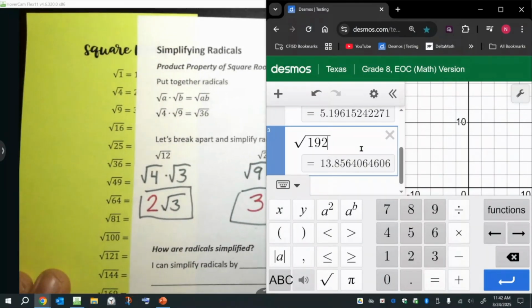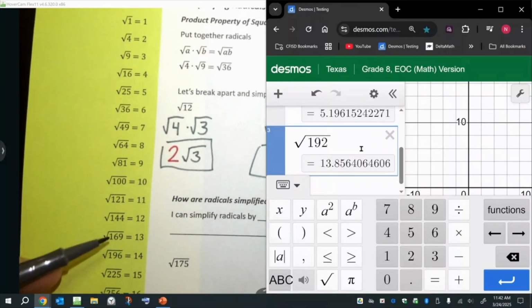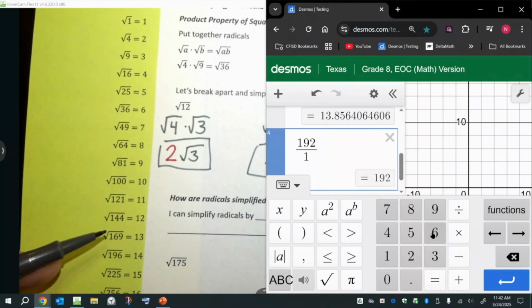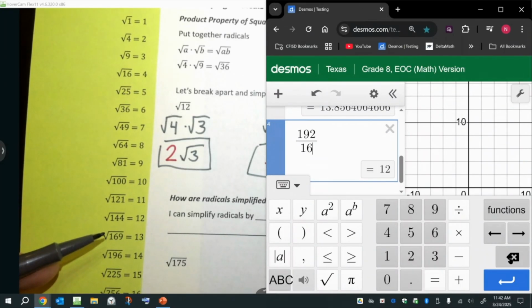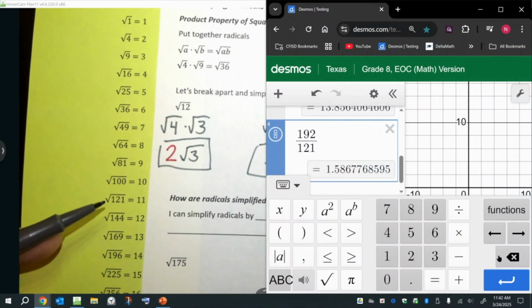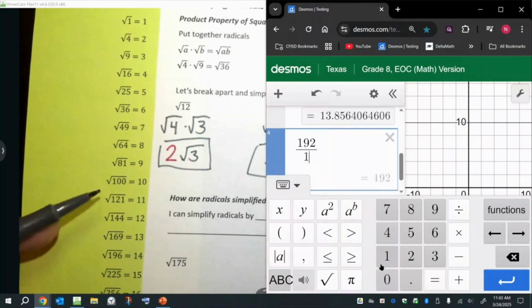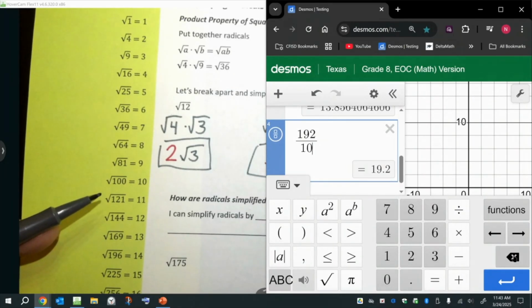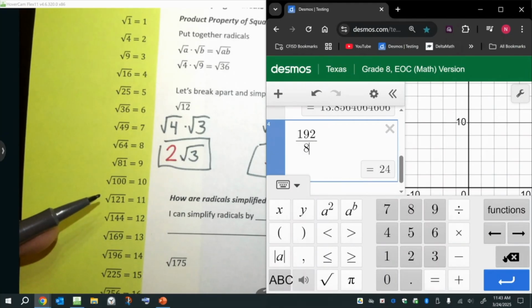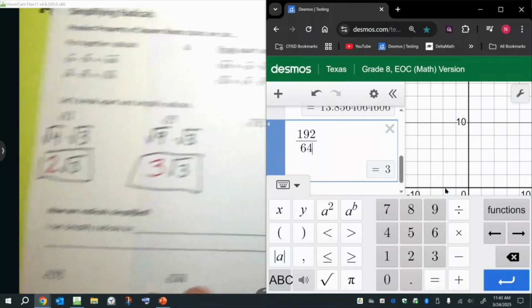Now square root 192. That's poopy. So let's start. What is the biggest perfect square that's underneath 192? 169. So let's try this. 192 divided by 169. That's poopy. So let's divide it by 144. That's poopy. So we divide it by 121. That's poopy. We divide it by 100. That's poopy. We divide it by 81. That's poopy. We divide it by 64. Hey, there we go. So that's a nice 64